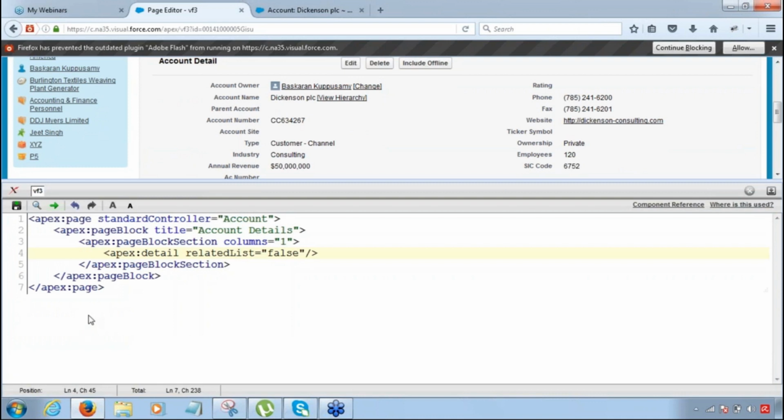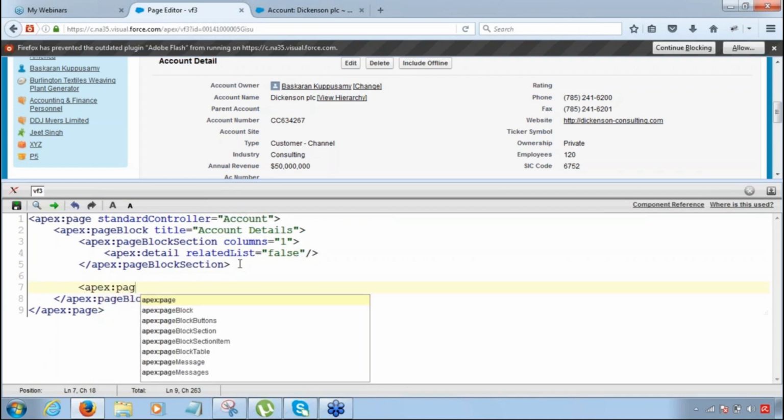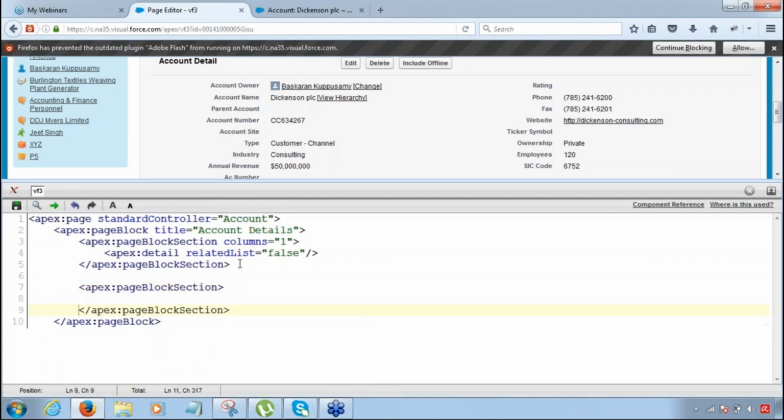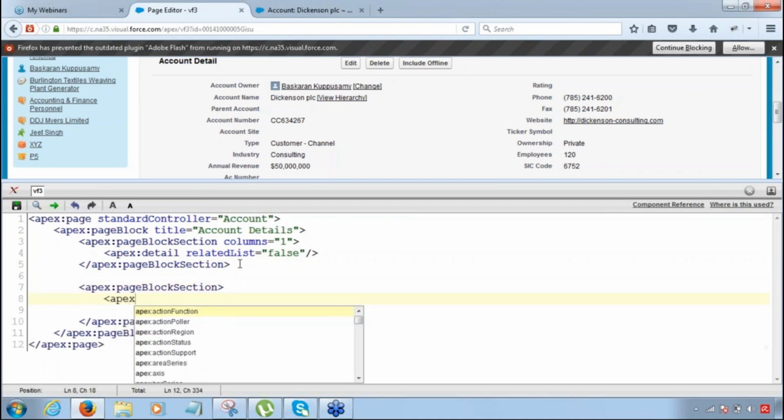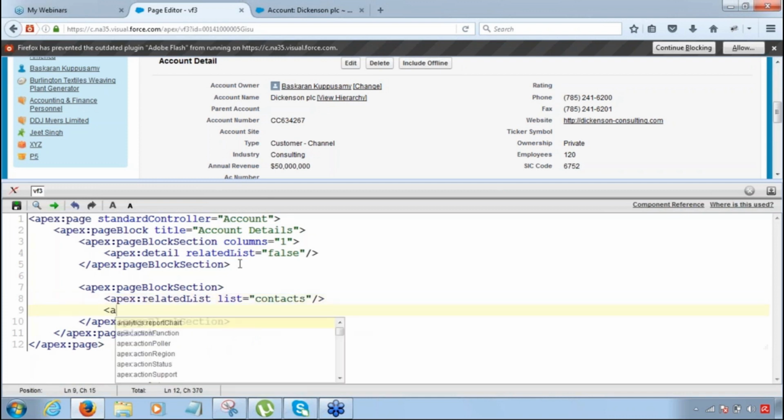After this page block section, I'll create another page block section. In this page block section, I will bring in the related list components. The first one is for contacts. Second one is for